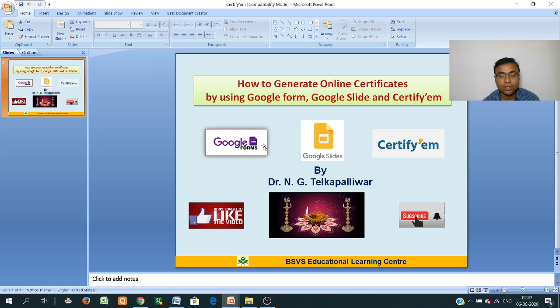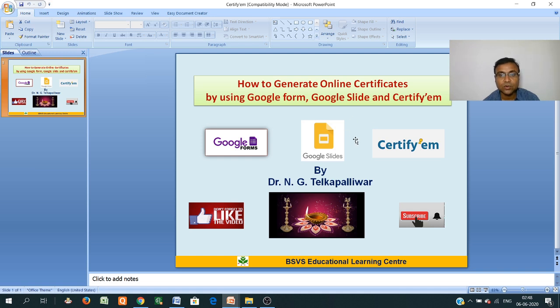and Google Form. In my previous video, I have already discussed the creation of quizzes, feedback forms, registration forms, student satisfaction surveys or course surveys by using this Google Form. This Google Form is also useful when we link this Google Form, quizzes or feedback to the Certify Me add-on. Then it is very useful to generate the e-certificate for students or any type of participant.